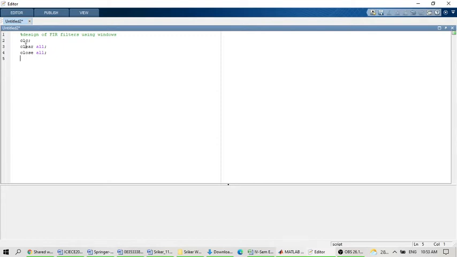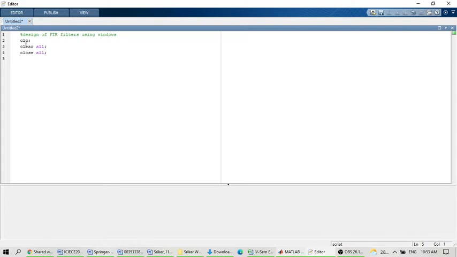After that, what you have to do? You have to define the given FIR filter specifications. What are the filter specifications you are going to give? It may be passband ripple, stopband ripple, passband frequency, stopband frequency, sampling frequency. These are the filter specifications usually they will give, or else sometimes without giving the specifications, directly they will give the order of the filter. Then you can directly calculate the frequency response of the FIR filter without finding the order of the filter also.